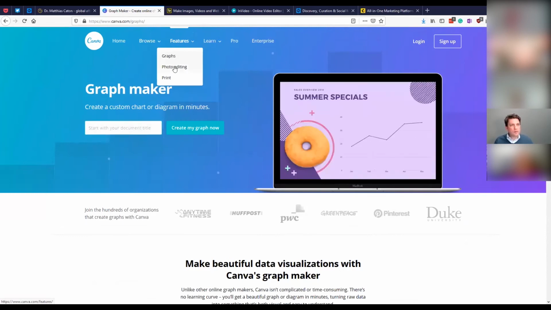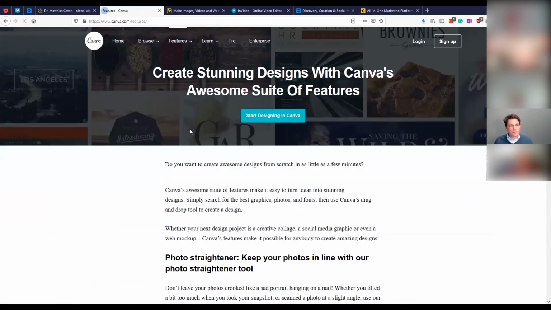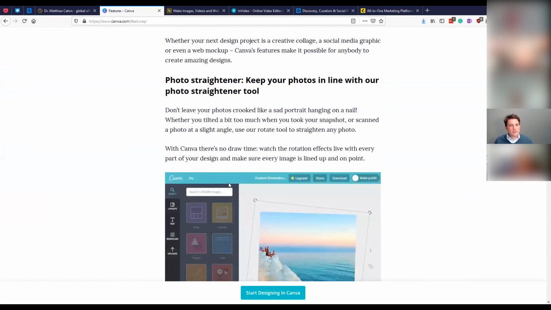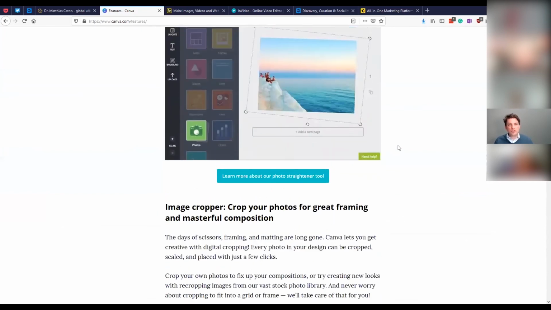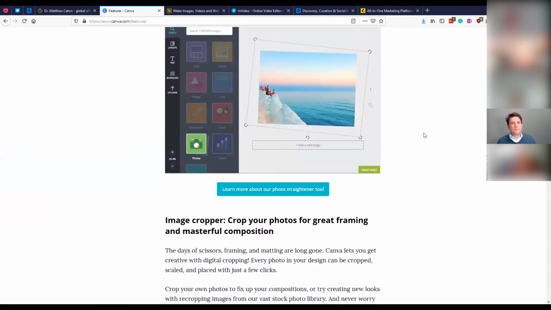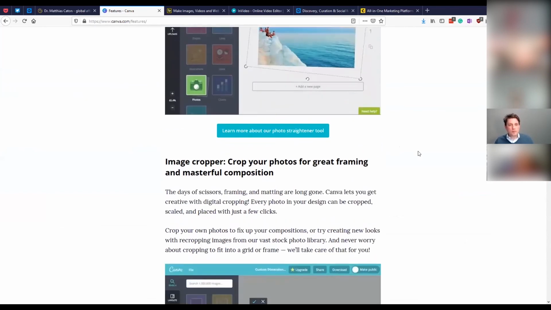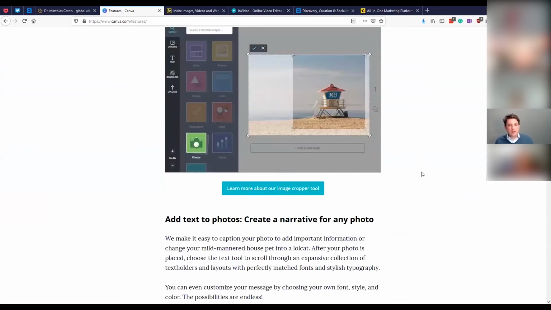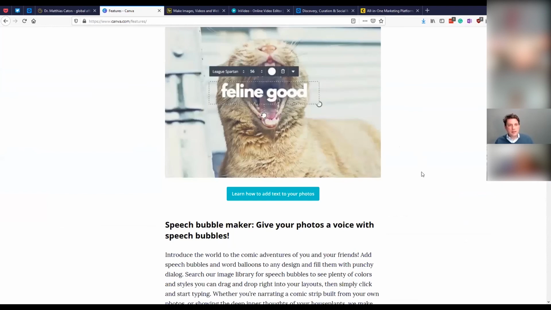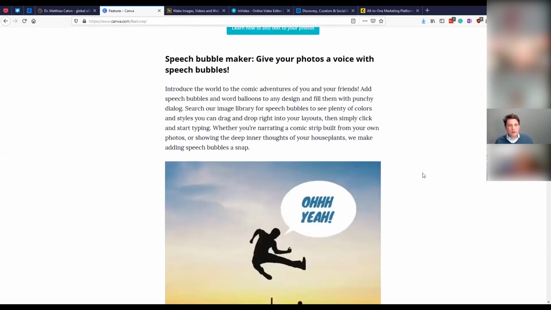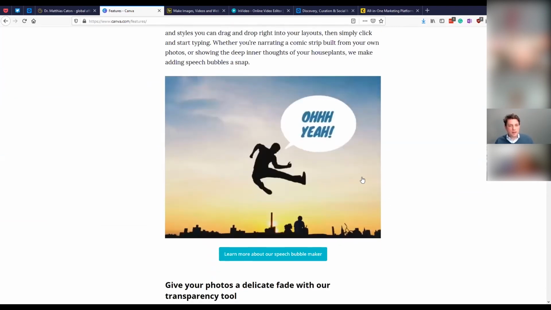You can work with photos. See what we can do here. So if you have an image, or you can also use stock photography, and you can crop it, you can put text on it, and then you can very easily put it on social media. Here you have something like a cartoon. Very similar service. And again, it has a free service but also generally these sites have paid subscriptions as well.